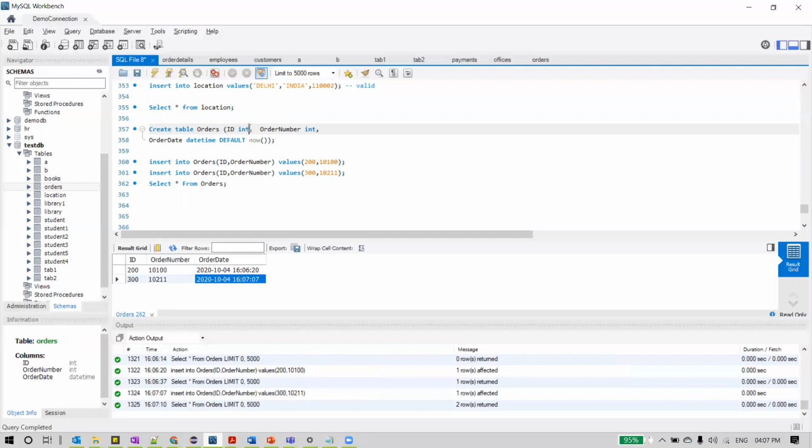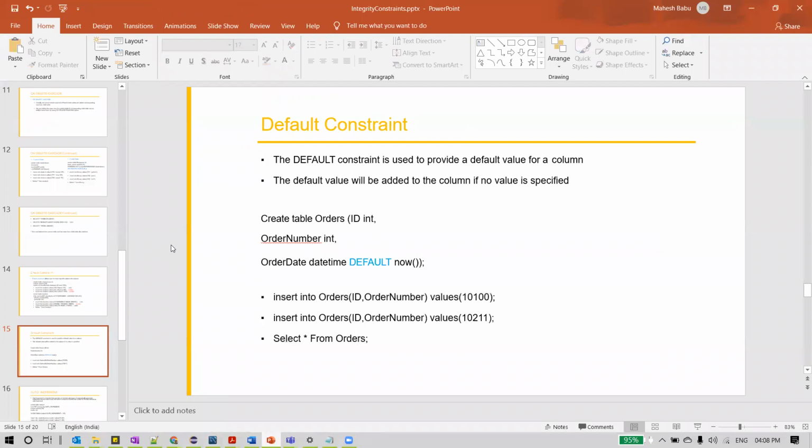So if you wanted to generate ID or order number if nothing is provided to that, you can just specify something like this default. If order number is not specified, after the data type, what we can do here is we can just specify like this. If someone doesn't specify the order number while inserting the data, if I specify like this, automatically this 999 will be assigned to that row. So this is how we can use default constraint to provide default value when no value is provided for that record. This is all about default constraint.